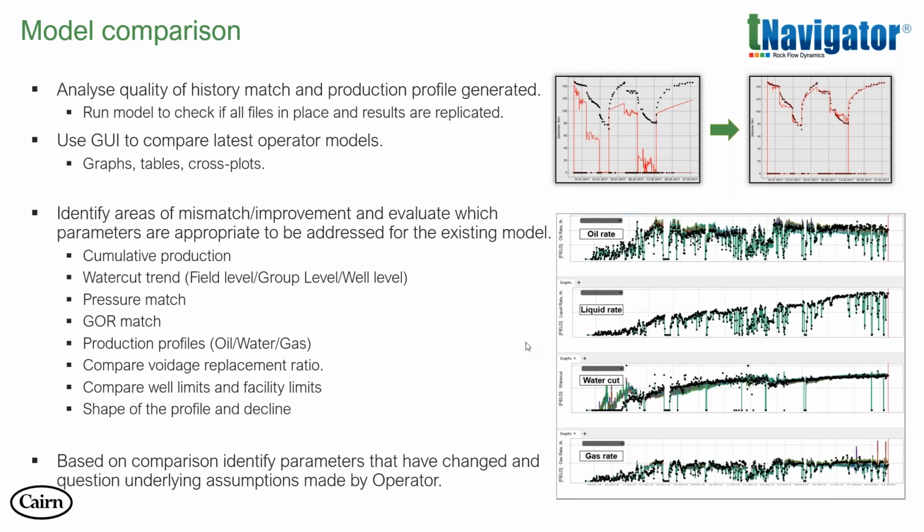So this was mostly with regards to your history match, but then you will have received your forecasts as well alongside that from the operator, and comparing those forecasts, your production profiles of oil, water, and gas with what you had previously, it's quite a good visual to start off with. You look at your shape of the profile and the decline, see if there are major differences there, and then based on those two things,